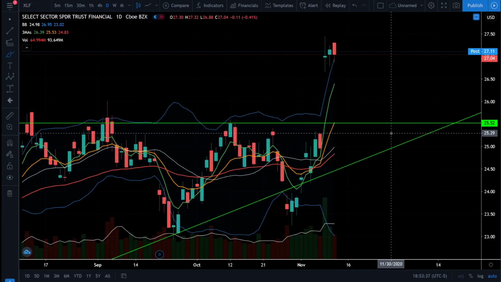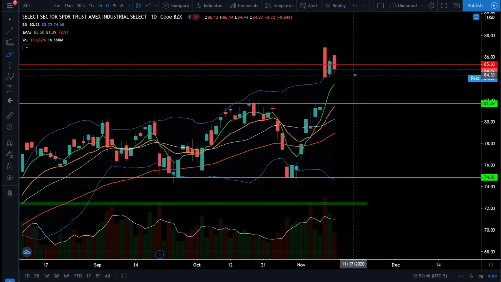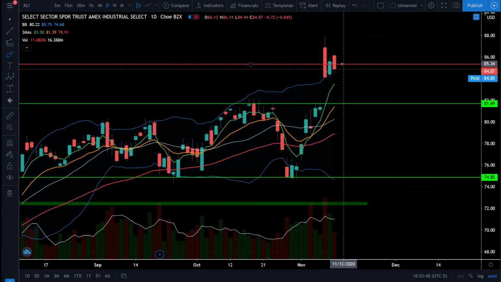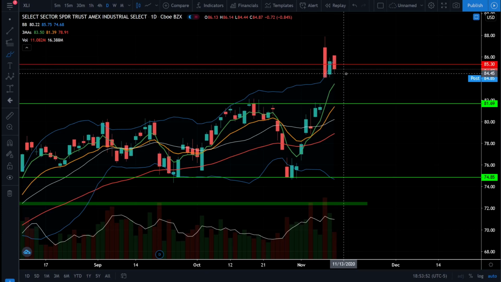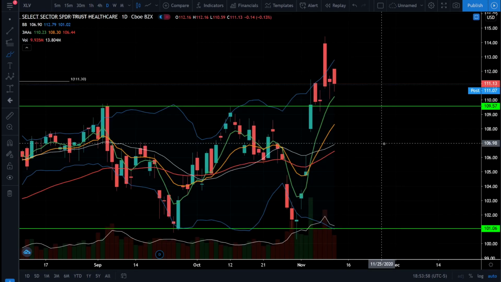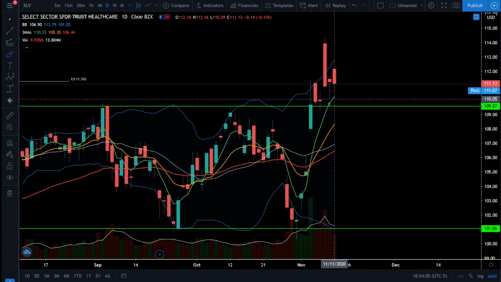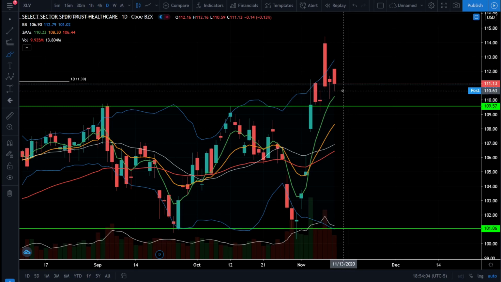In the financial sector, we see we're still getting bullish price action and bullish trending, but it looks like we may have gone too far too fast and we're due for a cool off. A similar story on the industrial, it looks like we possibly went too far too fast and we're starting to get some consolidation at these higher prices while we start getting some digestion of that recent move before we start heading higher. Also on healthcare, we see a very similar sign where we went too far too fast, and it looks like healthcare is just consolidating at its newfound highs.